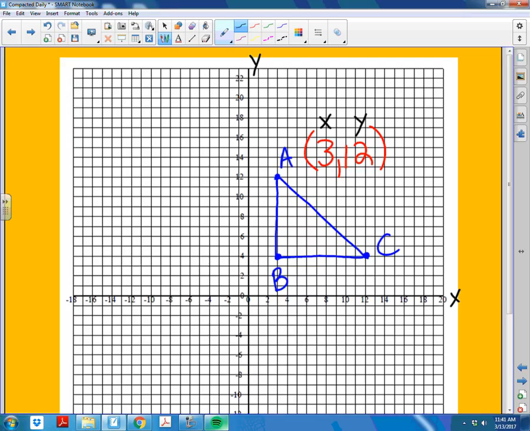Because if I'm going to slide something, I will typically do it with an algebraic rule. If I were to move this object to the left, would I change the x or would I change the y? X. I would change the x, because the x-axis is my left-right mover. And if I were to move it up and down, I would change my y. So the way that you'll see a translation written is they will say translate